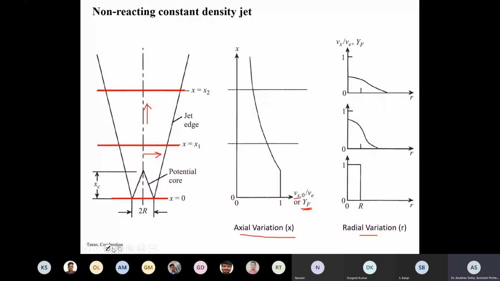Right? This is clear to everyone? Axial and radial variations. Yes, sir. Fine. So we talked about axial. Let us look at radial. So what happens is initially when you cut just at the jet exit, we'll have fuel till here, till radius r. So that's what we see, that fuel mass fraction is 1 till r.